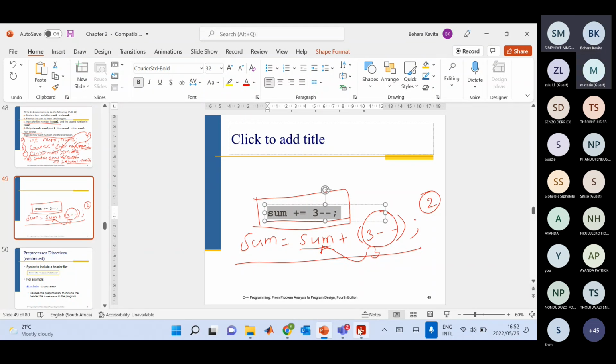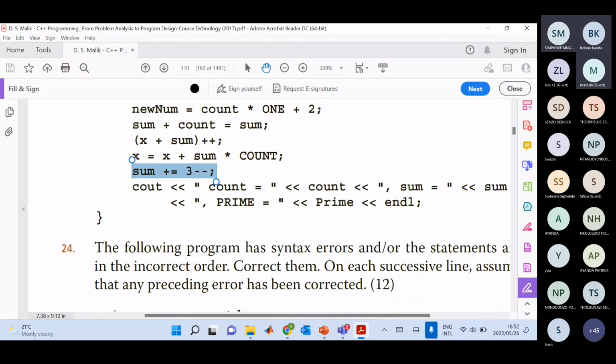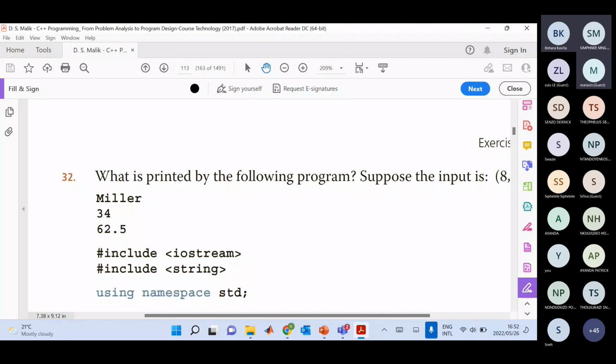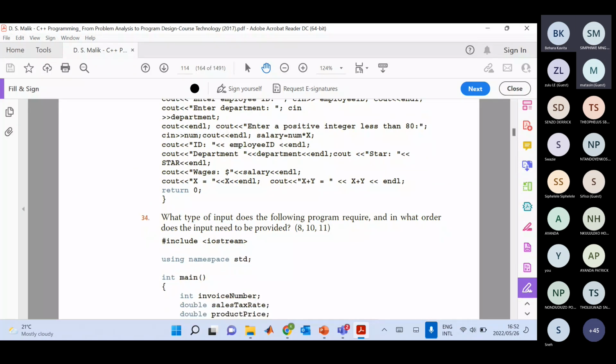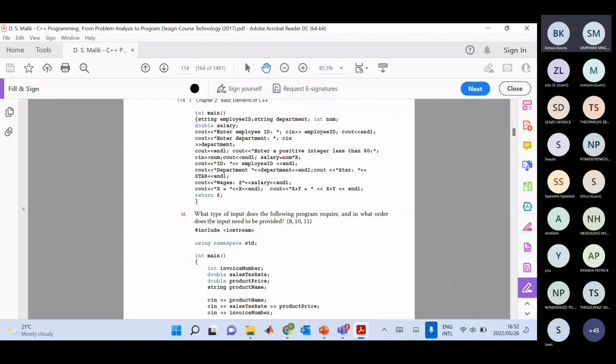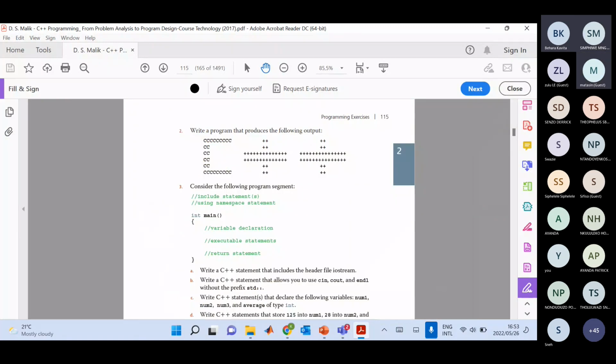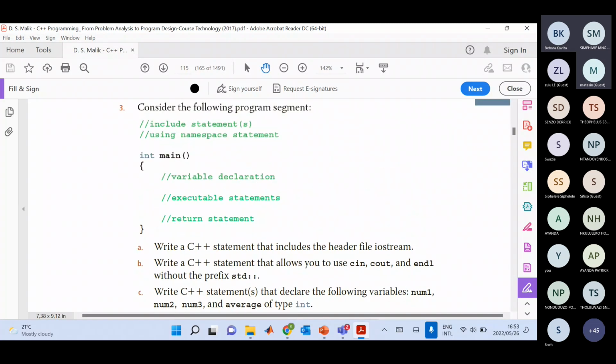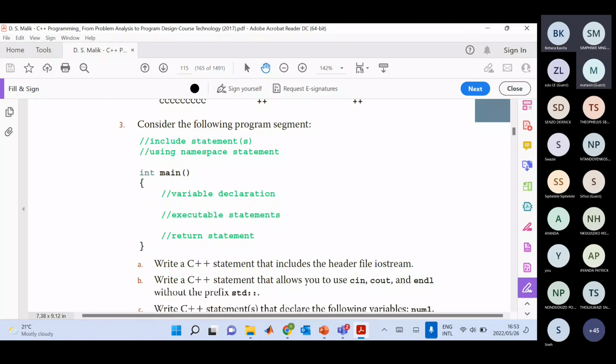Okay. Next. What is the mistake? Is there any mistake in this statement? I don't think so. This one is fine. Okay. So please do those exercises, and I have also forwarded you the solutions of all those exercises. Please make sure of that. Okay, let's see this question. This is the last question that